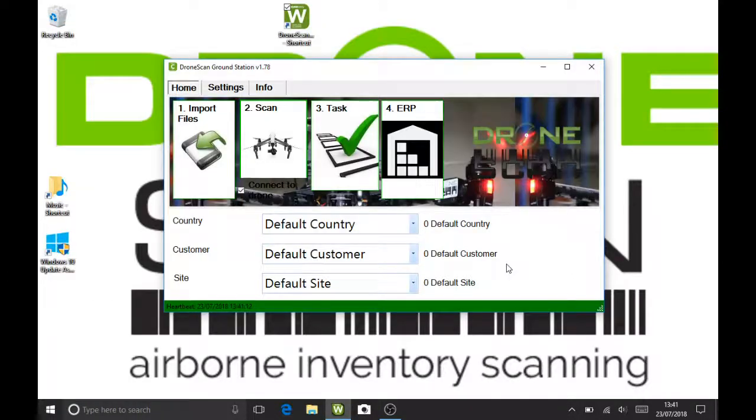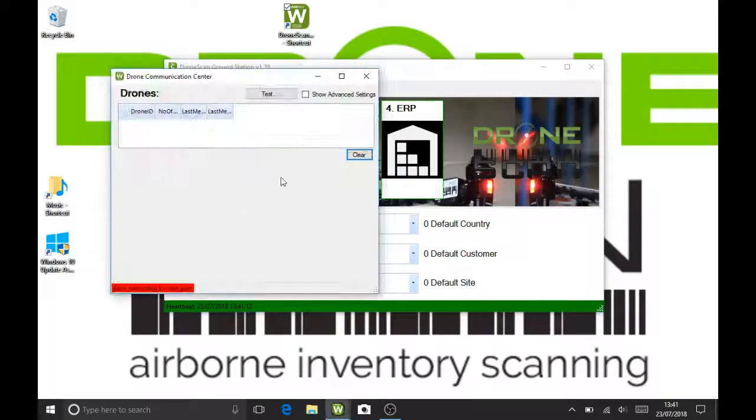So let's go through the situation where sometimes that doesn't happen as planned. I'm going to simulate that error happening. So let's say, for example, I'm unplugging my serial port. I'm going to go back into the scan and you can see it comes up with a red line here, error connecting to COM port. So in that particular case, either it's choosing the wrong COM port, or it can't find a COM port, or